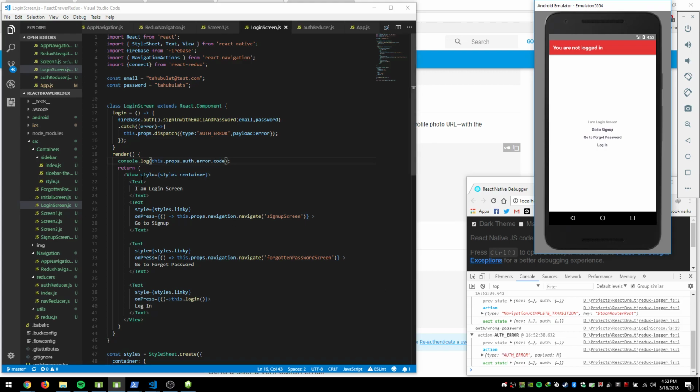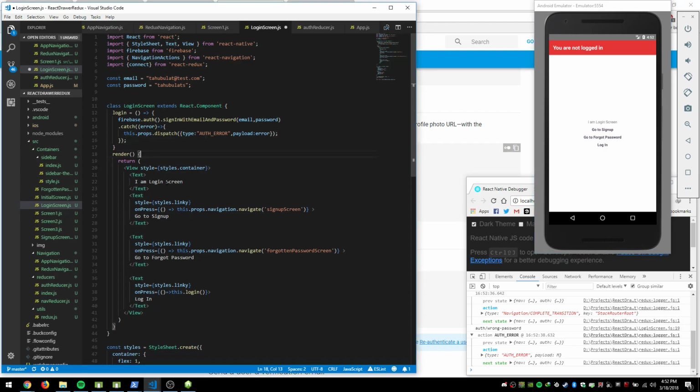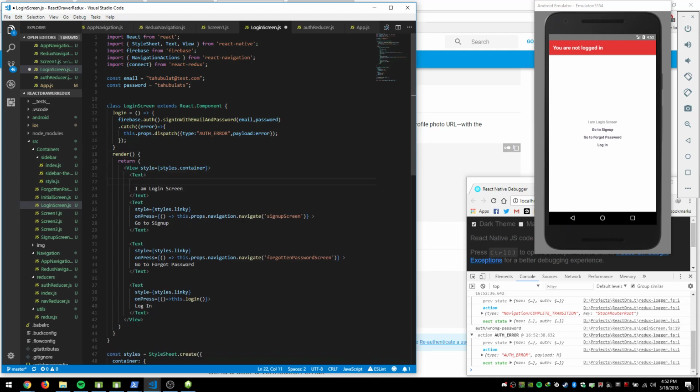Oh, wrong password. Okay, so when you can get this as a condition in here, you can like if